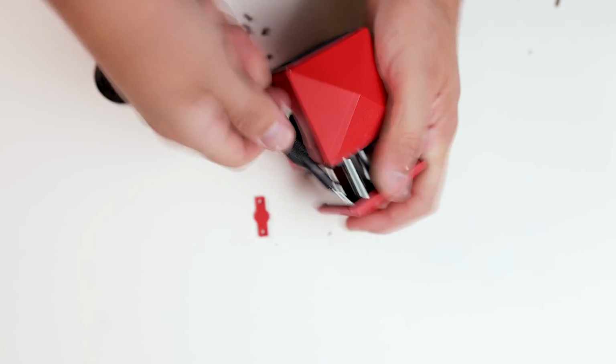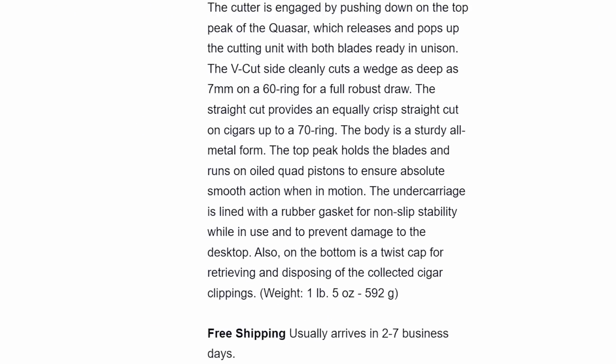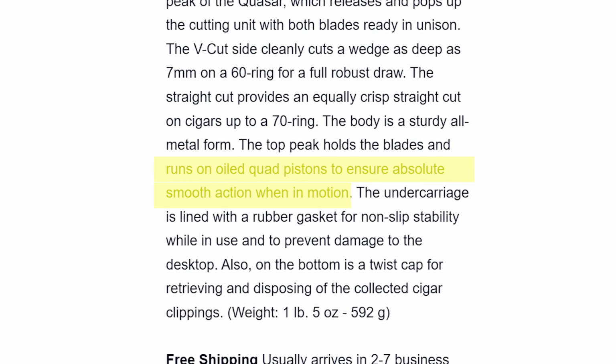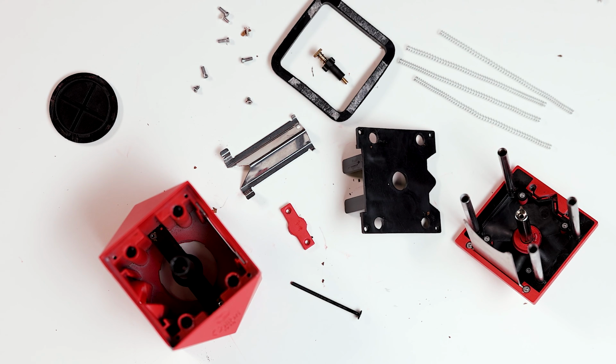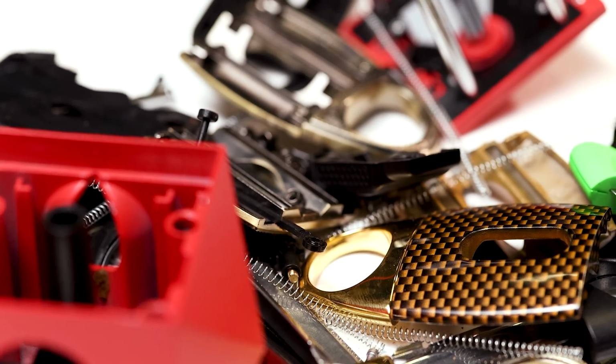The Colibri Quasar desktop cutter was much more complicated to open up. It houses 2 blades and a center shaft and 4 spring-loaded tubes. Although Colibri's website claims this cutter has quad-oiled pistons, we did not see or experience any oil, but the actuation is nevertheless butter smooth. Now that we have massacred these beautiful cutters, we are left with a graveyard of pieces